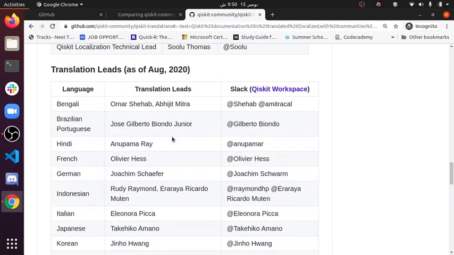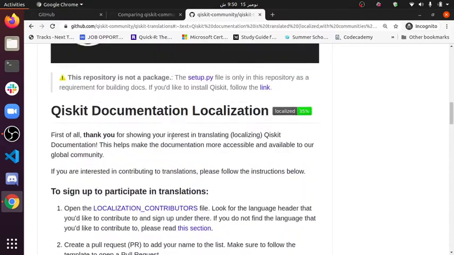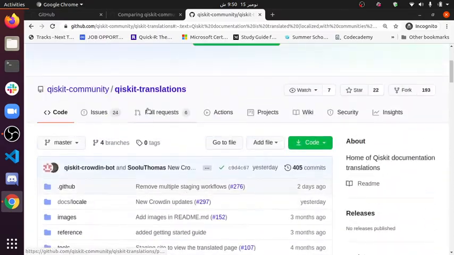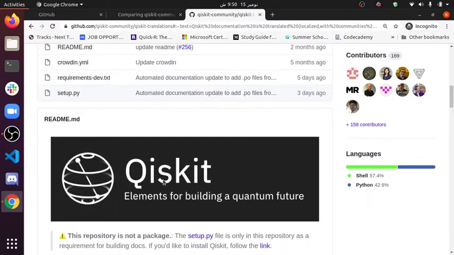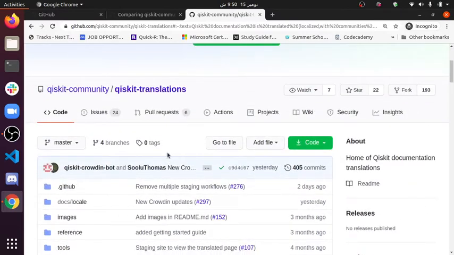This was quick. It is simply going back to the Qiskit translation repository, which we did earlier. Now it says that we have to identify the issue number. Here you can see there is a button called Issues on the upper left side.